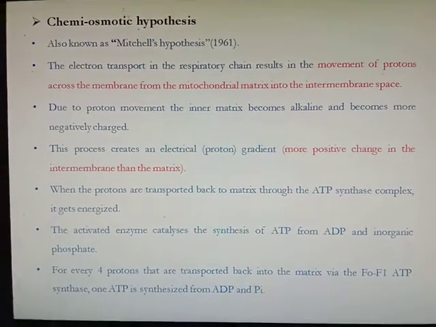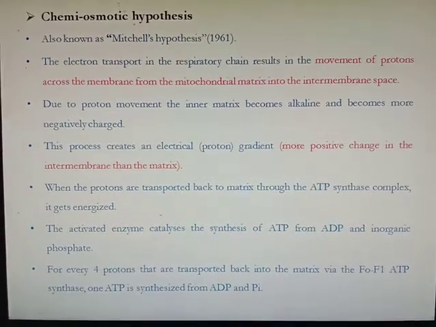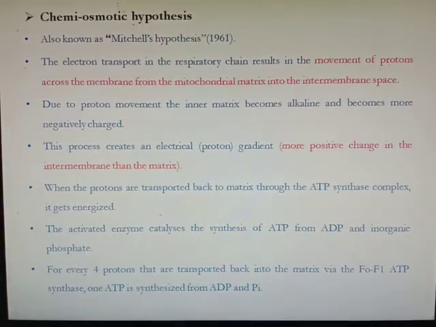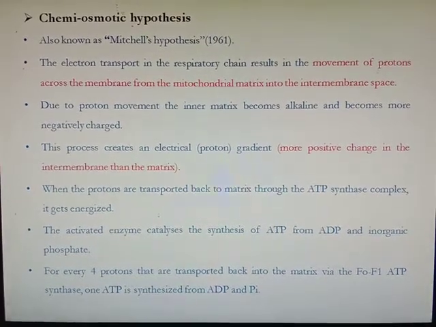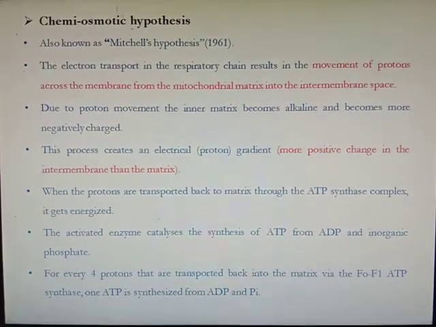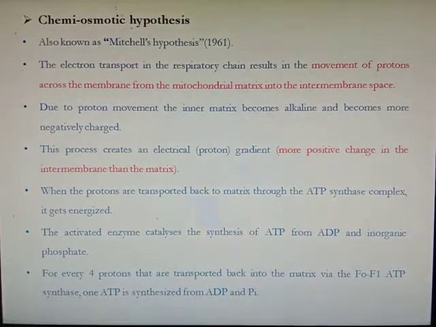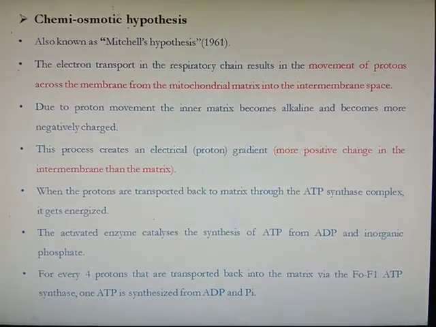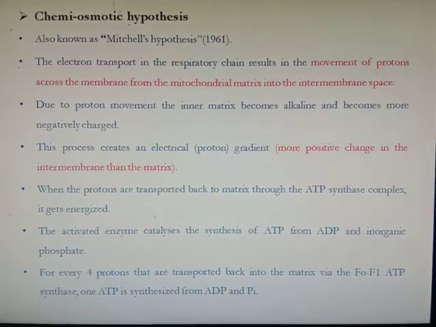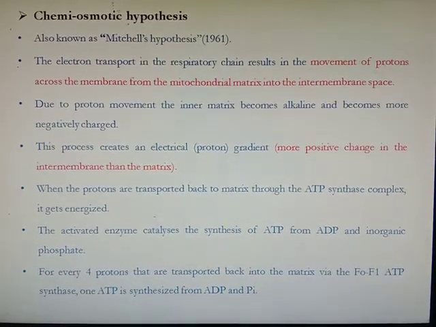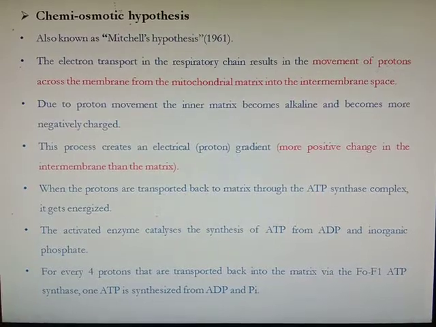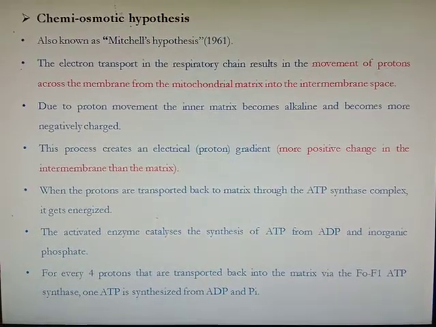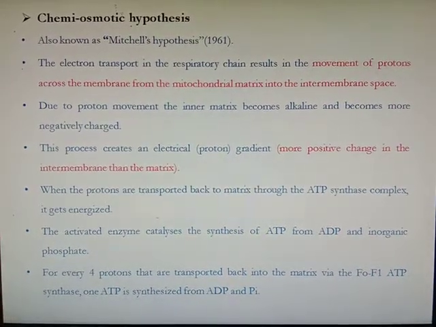Then how this FO-F1 molecule helps in the ATP synthesis is explained by the chemiosmotic hypothesis. This hypothesis is also called Mitchell's hypothesis, which was proposed by Mitchell in 1961. The electron transport in the respiratory chain results in the movement of protons across the membrane from the mitochondrial matrix into the